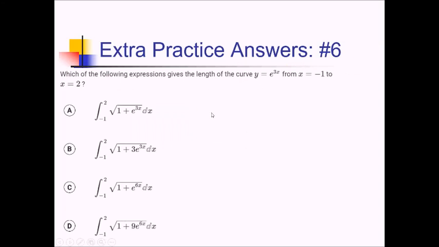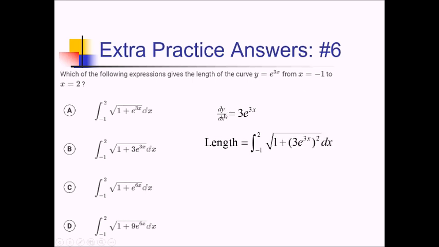For this problem, we just want to know the length of e to the 3x from -1 to 2. So I'll need my arc length formula for this, which is going to involve the derivative of y, dy over dx. That's going to be, using the chain rule here, 3e to the 3x. So then I'm going to have the integral from -1 to 2 of the square root of 1 plus this